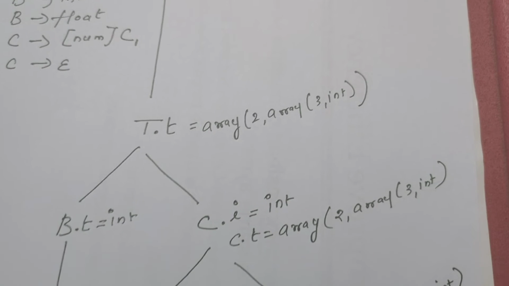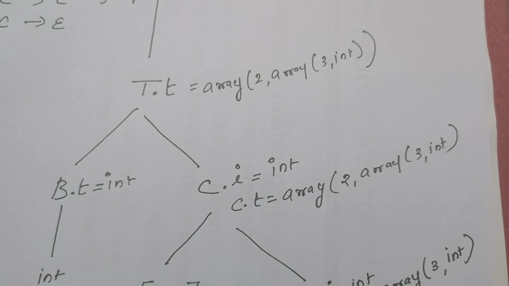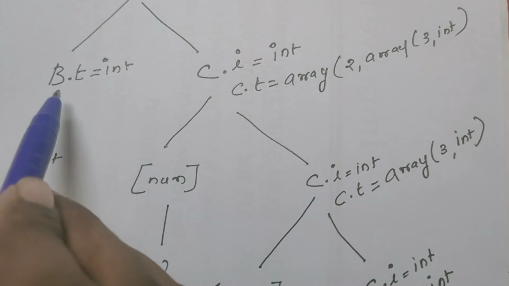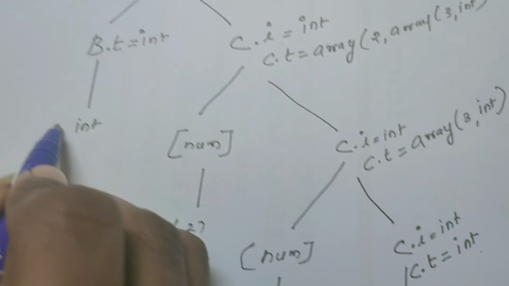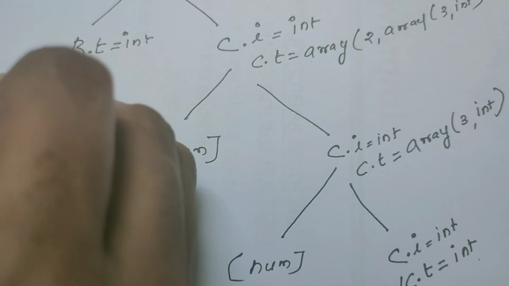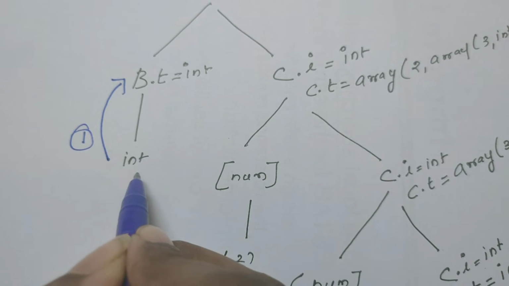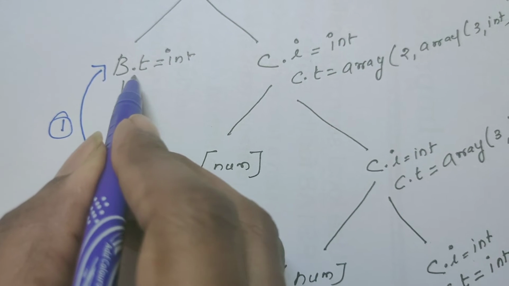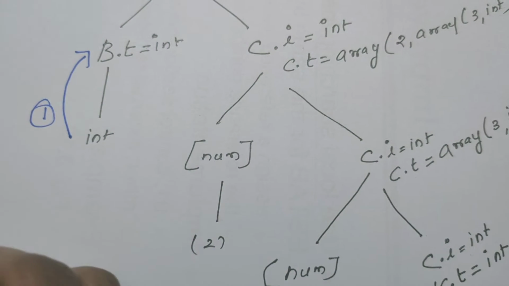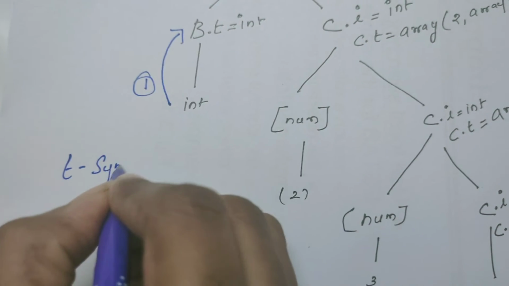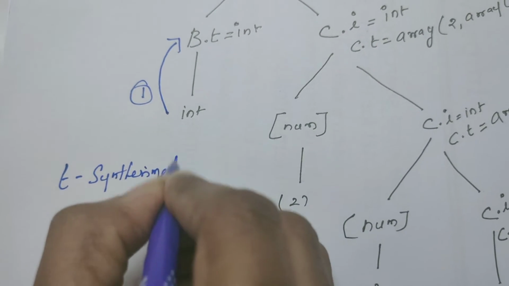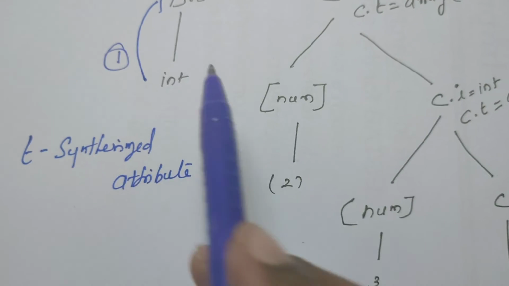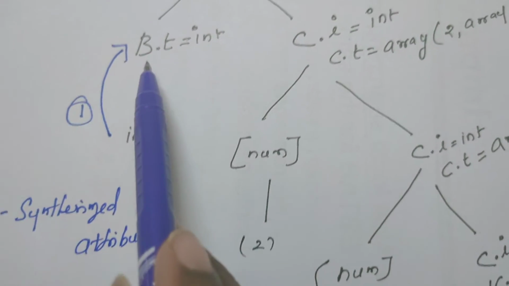I will now explain the dependency graph, and by the way, the flow of information among the attributes. Okay, so first we have constructed the parse tree and we have derived the leaf nodes. So first this value is being passed to its parent node. Since from the child node the data flows to the parent node, we are defining the attribute as a synthesized attribute. So T is a synthesized attribute. Right, the name T is used for the synthesized attribute. Right, this is the first action that takes place.